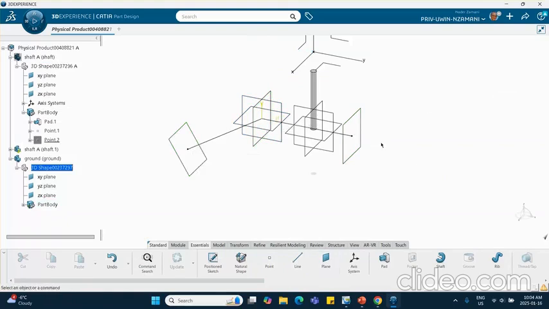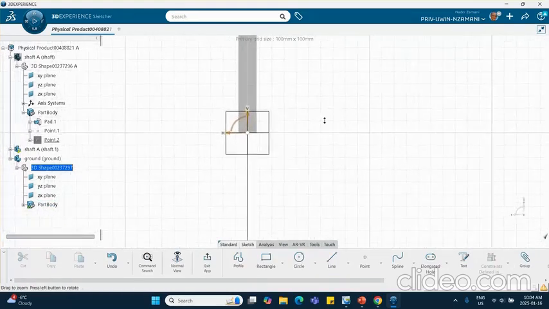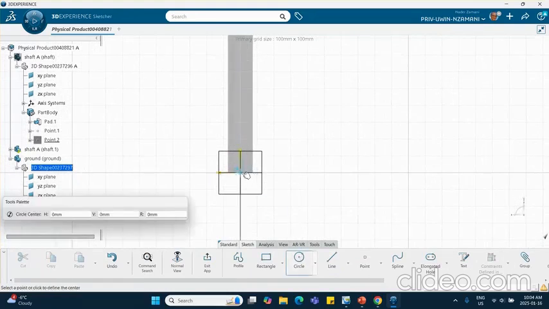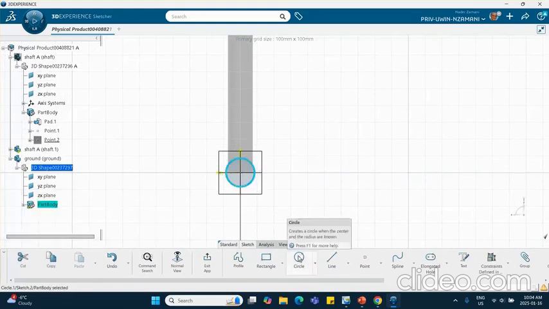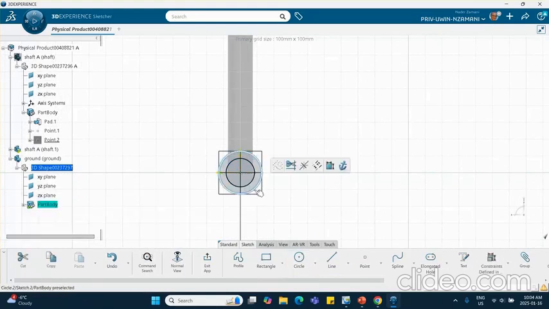All right. So let's go on this plane. I will sketch. Now I will sketch what is going to be my bearing. So let me draw a circle here, something like that, and another one concentric with it. Make sure it is concentric, like that. Exit,